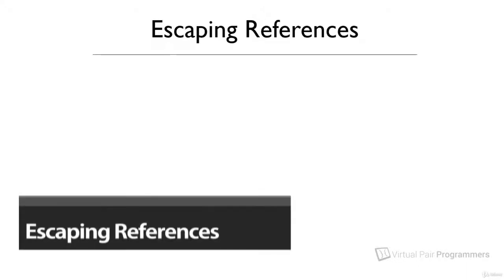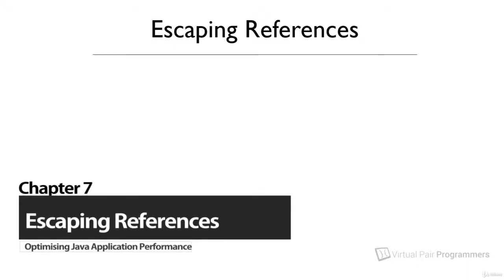Hello again. In this chapter, we're going to talk about a potential problem in the Java code that we write called escaping references. This is actually a little bit of a side topic for this course. It's not directly about performance, but I want to cover it here because it is an important concept that I think all Java programmers need to know, and you can only really understand it when you know how objects are